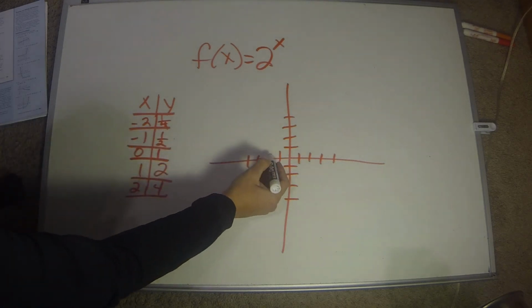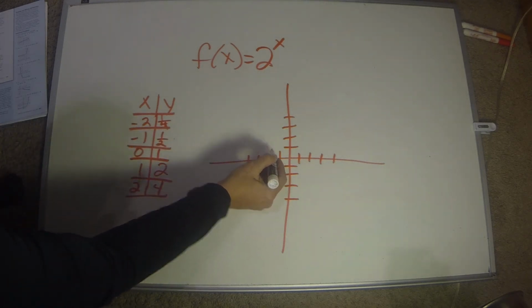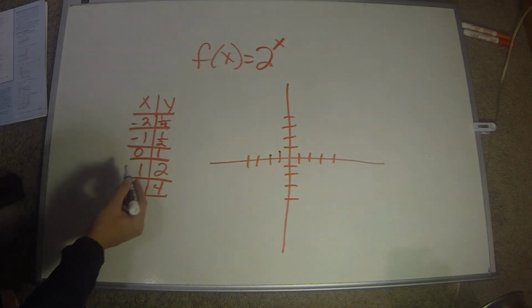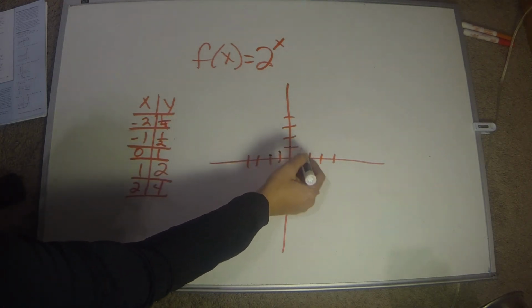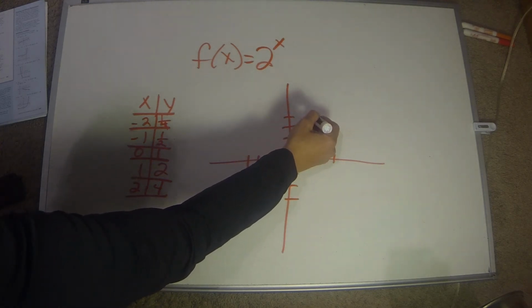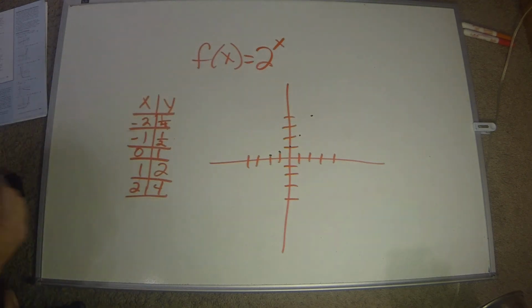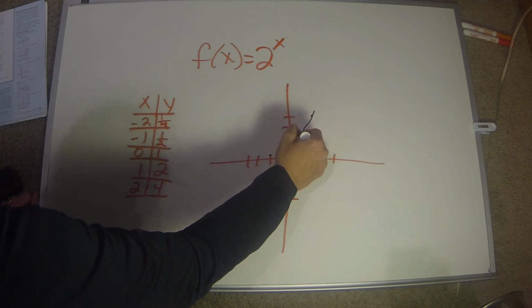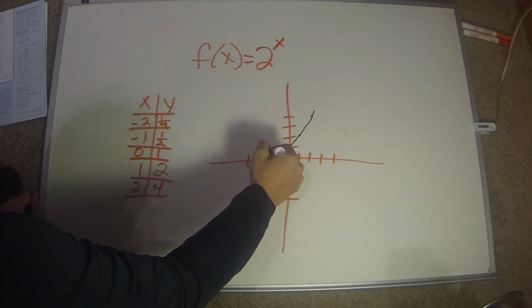Okay, so -2 and 1/4 will be about there. -1 and 1/2 will be about there. 0 and 1 here. 1 and 2, and 2 and 4. As you can see, once it gets to the right side of the y-axis, it starts to take a real steep turn going up. Then we want to connect our points